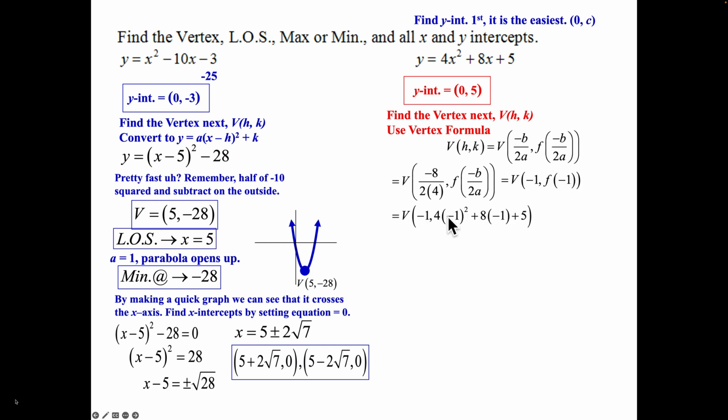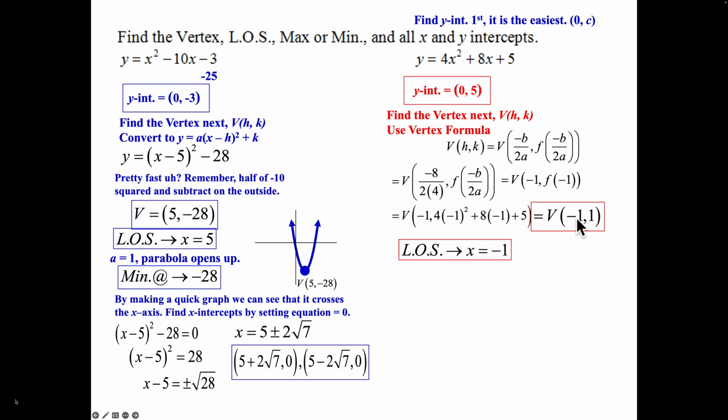So 4 times negative 1 squared, well, that'll be a positive 1 times 4, that's 4. 8 times minus 1, that'll be a minus 8, plus 5. So 4 minus 8 is negative 4, plus 5 is a 1. There's my vertex, done. And once you have your vertex, now you can take your line of symmetry, x equals